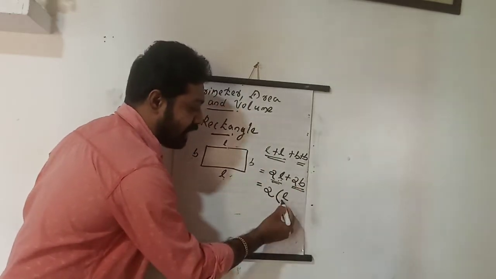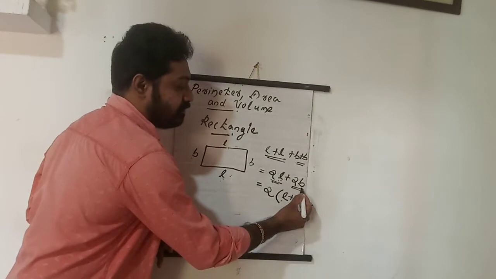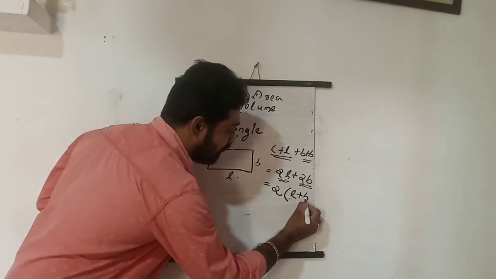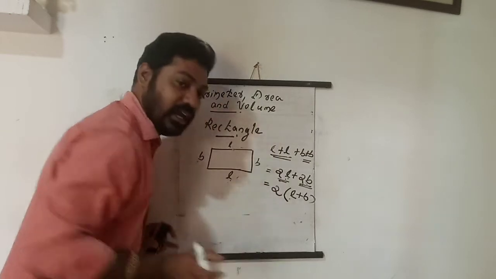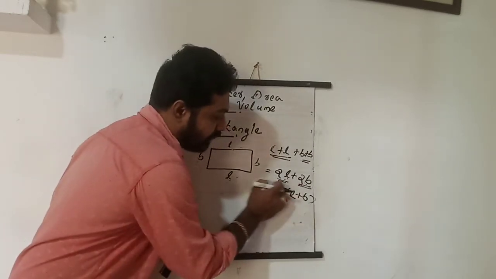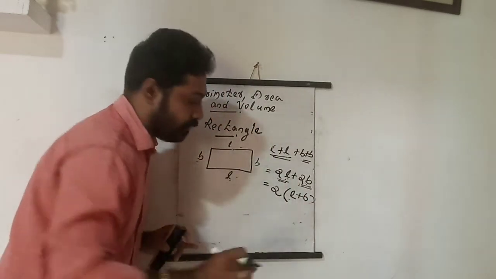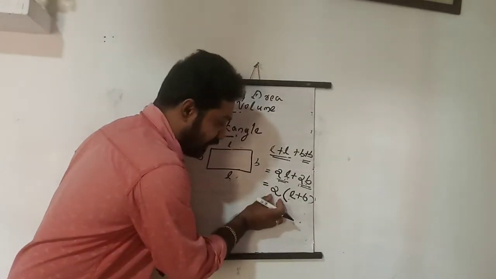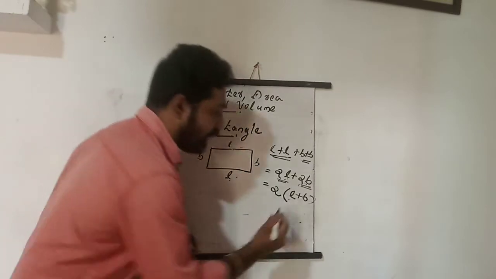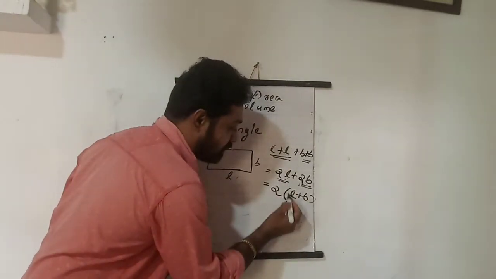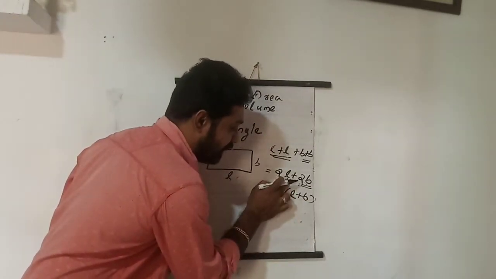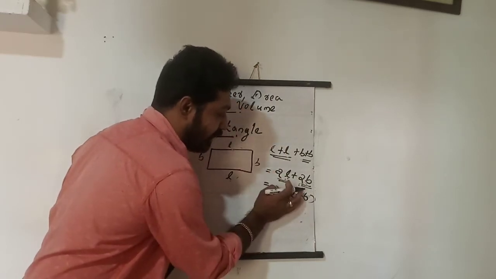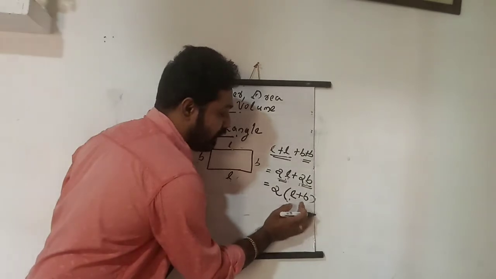L plus what? Here what is remaining? B, isn't it? I took a 2. I took this 2 from both sides, since 2 is common in both. Okay, and I put the remaining things: L is remaining here. You just forget about this 2. What are the remaining things? Here L and here B. So I wrote L plus B.